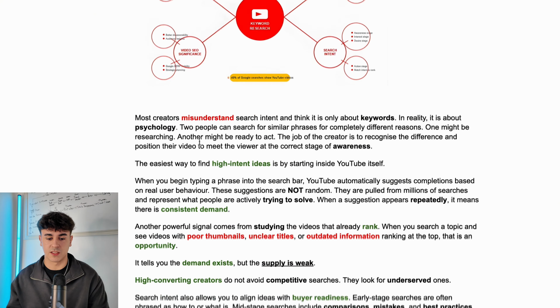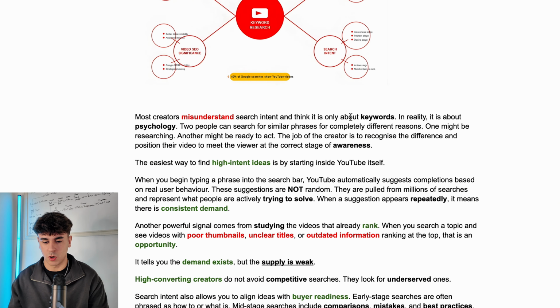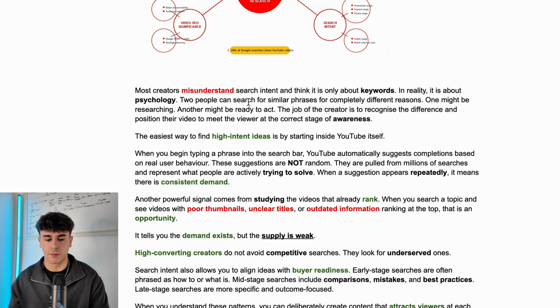Most creators misunderstand search intent and think it's only about keywords. In reality, it is about psychology. Two people can search for similar phrases for completely different reasons. One might be researching, another might be ready to act. The job of the creator is to recognize the difference and position their video to meet the viewer at the correct stage of